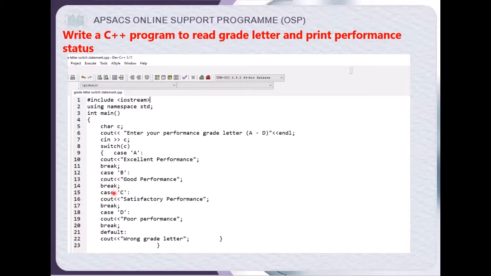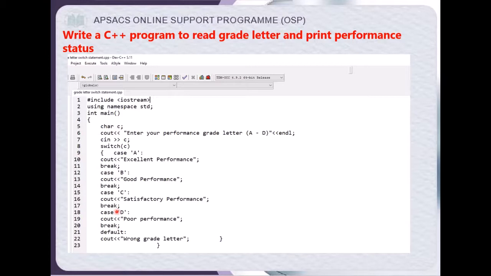Now at line number 15 we have declared another case with letter C. If user enters C, then the message will print satisfactory performance, and then break statement is used to exit the body of the switch statement.